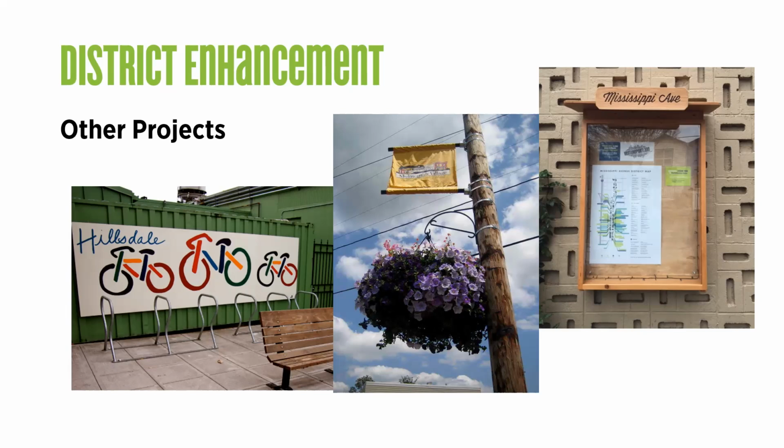And then the one there on the right is Mississippi Avenue, which created a series of these information kiosks that they placed their district walking maps in at strategic places along the street. So the map itself was a project that you could apply for that they had done in a previous year. And then they elevated that by creating a public place to display that particular piece that they worked on. So your district could either apply for the map, or if you already have a map or you have some information that you want to display, you could apply to create a kiosk.